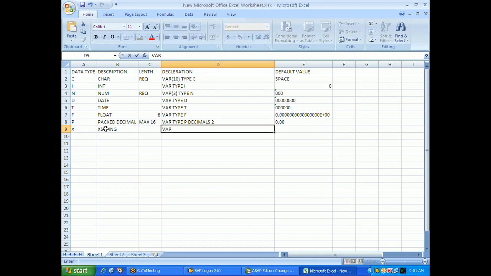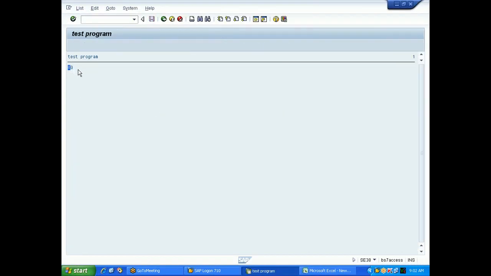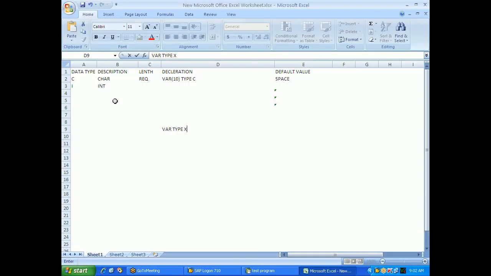Please make a note. You can declare a variable of type XSTRING like this. If I execute, the default value is 2 zeros.